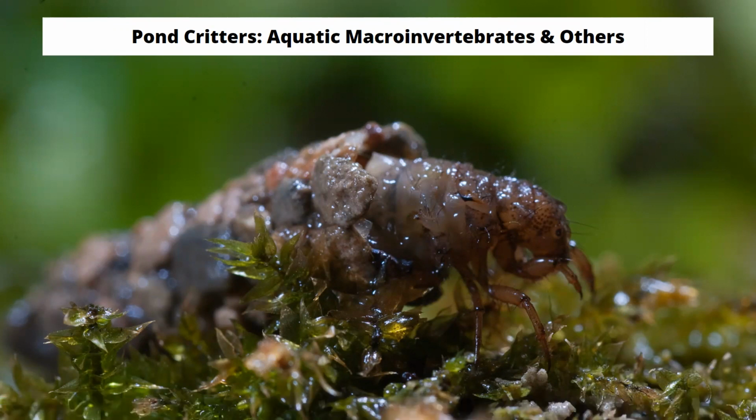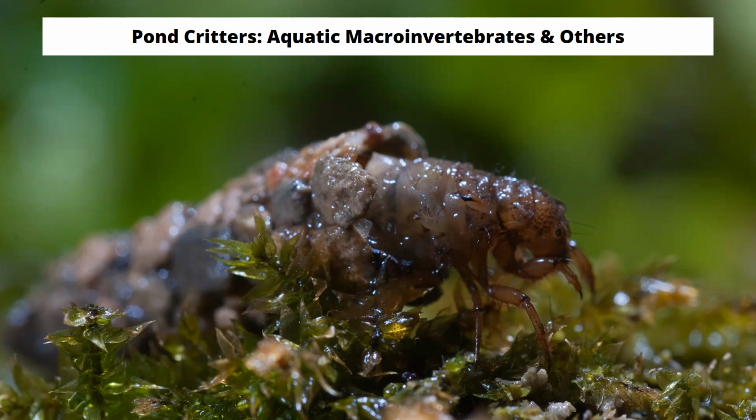Like I said just a moment ago, I'm an entomologist and I have been a pond ecologist for quite some time now. So I've had a lot of opportunity to work with the organisms that we're going to be talking about mostly this evening. Now, like it says on the slide in front of you, tonight we're talking about aquatic macroinvertebrates and other critters. Macroinvertebrates is a general term that usually is applied to aquatic insects, who make up the lion's share of what people think of when you say the word macroinvertebrate. However, there are other organisms that fit under that. We're going to talk about at least one of those.